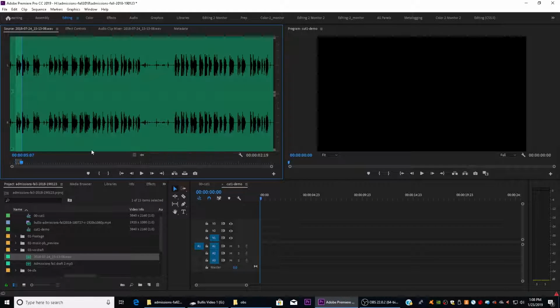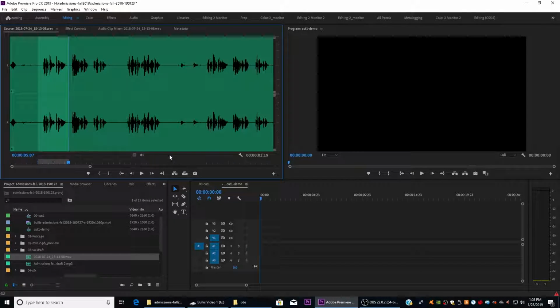The reason why the waveform is useful for editing a voiceover is you can see that these places where the audio level is very low, that means that I was either pausing or I was in between phrases, so I can really easily navigate between different phrases and sentences in my voiceover. So I'm going to find the beginning of one, press I on the keyboard to set an in point, and then I'll play through. When you think of Bolus, what comes to mind? Our well-rounded student body? Top-notch teachers? And then I'll press O on the keyboard to set my out point,